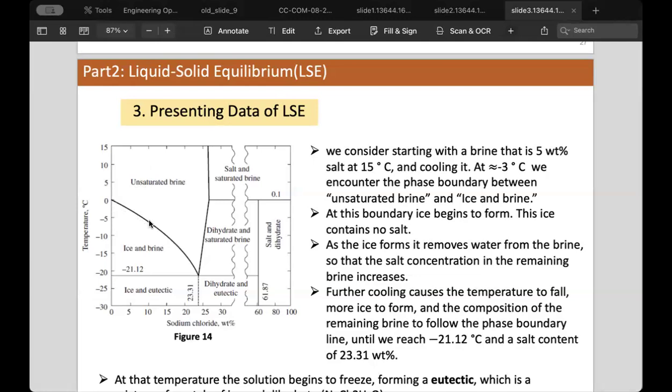But here it's an equilibrium. Any point in this zone is an equilibrium between ice and brine. What does it mean? The mixture inside this will separate into